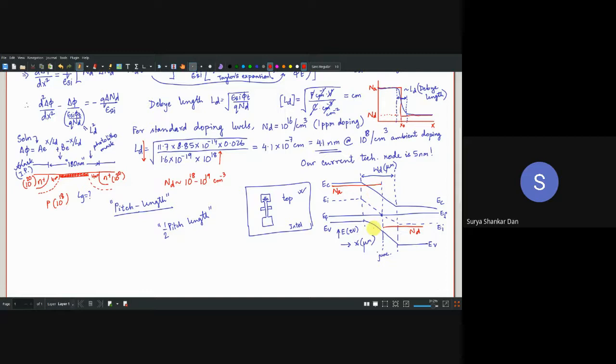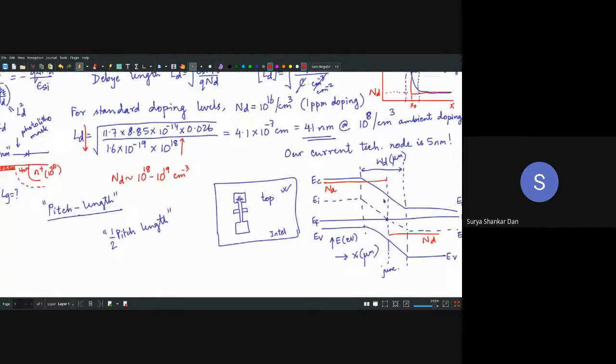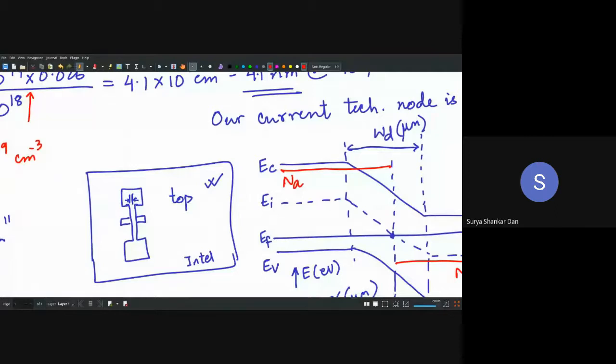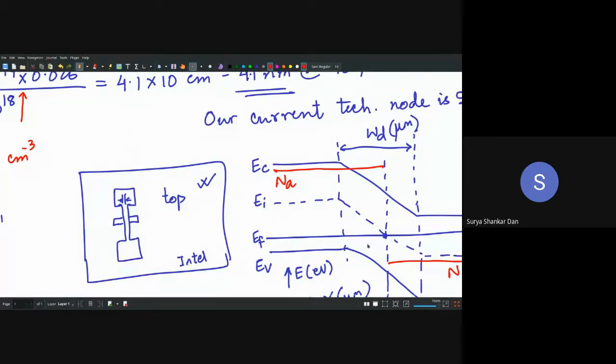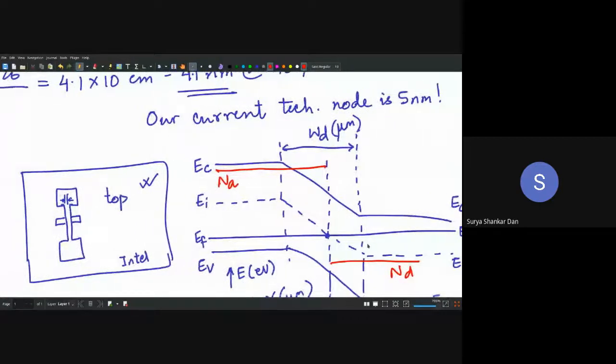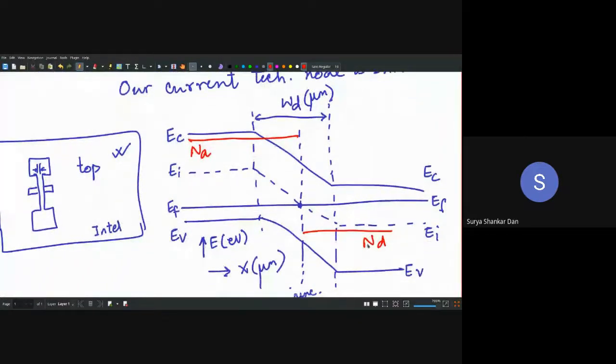But if you look very intently, if you zoom in like this, then what you will observe is there is a small variation here. It's not exactly a step. This small variation is in the order of 41 nanometers. Since we are speaking about microelectronic technology, it will become 41 nanometers.